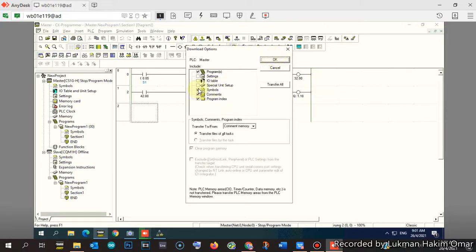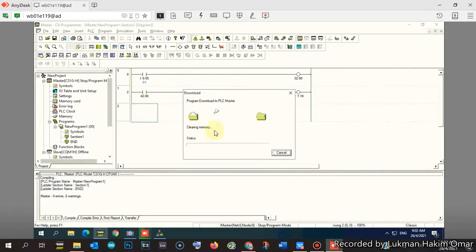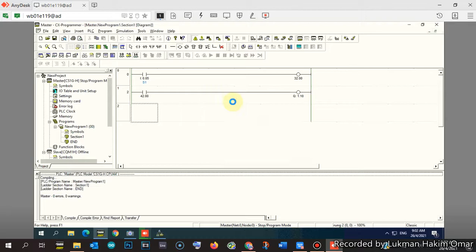I just need to transfer the program, so the rest I unselect. Just click OK, and then it will transfer to the master PLC. Alright, done for that.